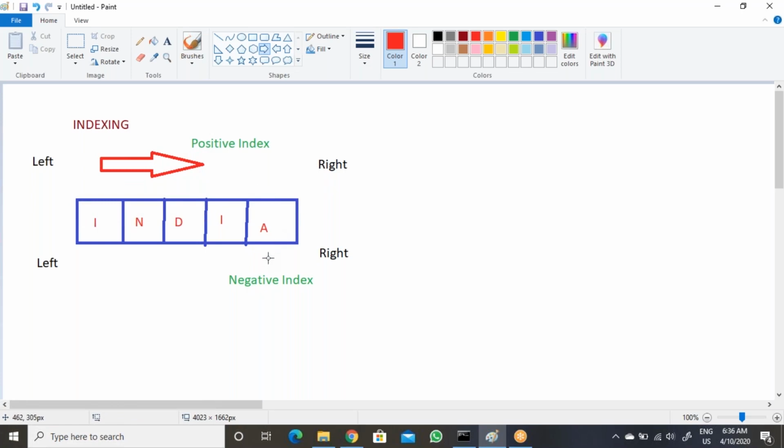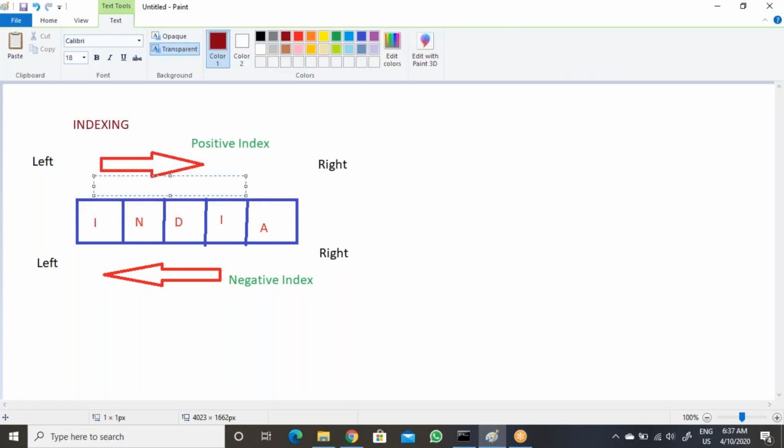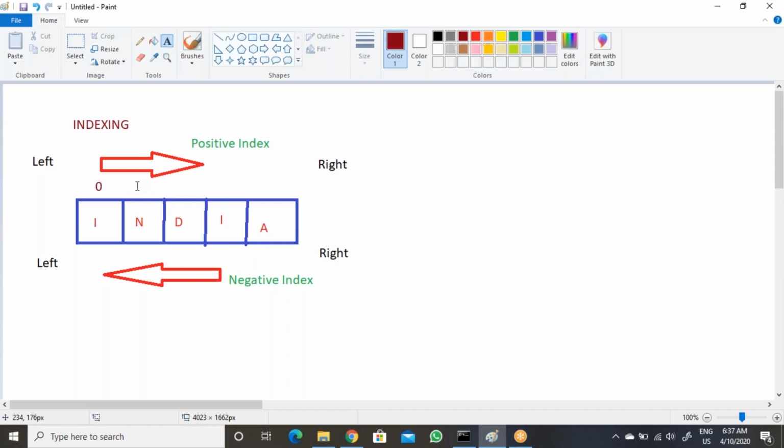The positive index direction is from left to right. When you say the same thing for negative index, it will be right to left. So that is the direction purpose if you observe.